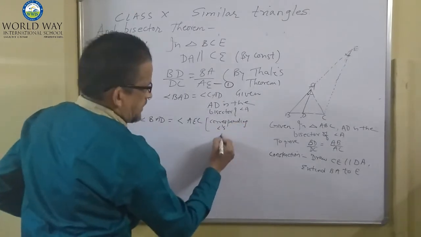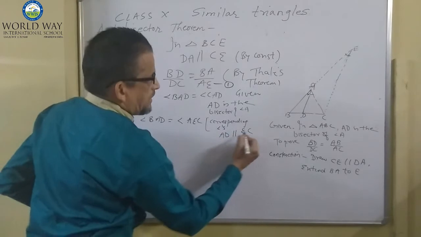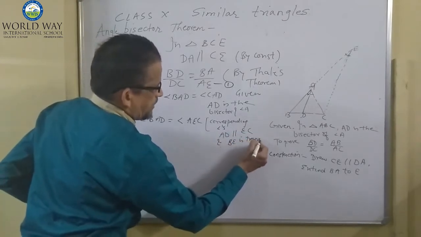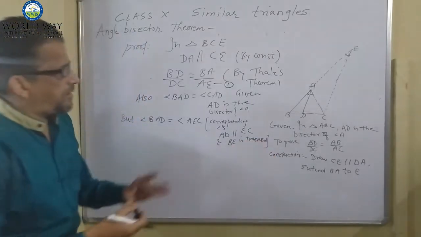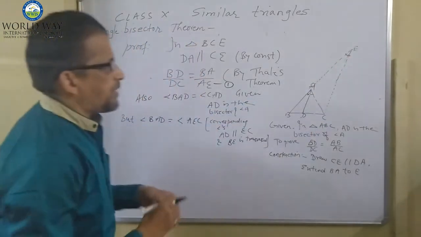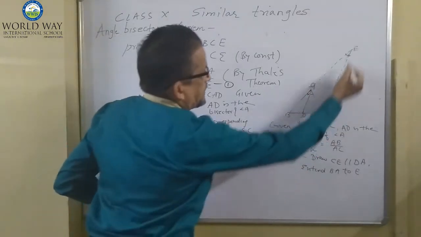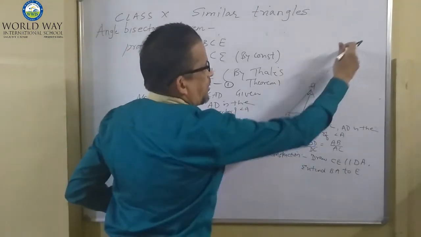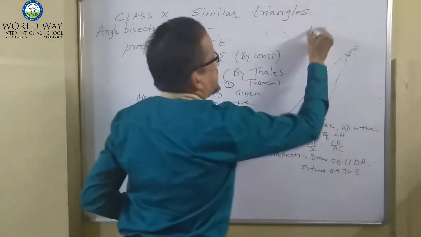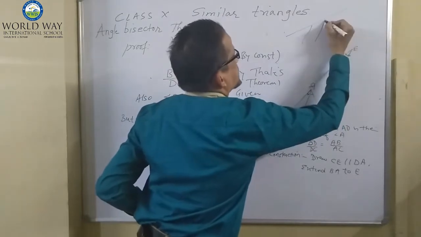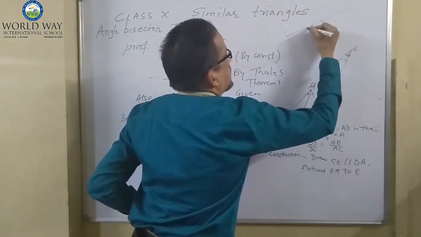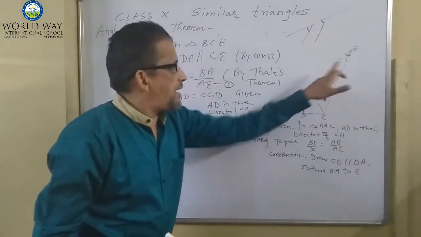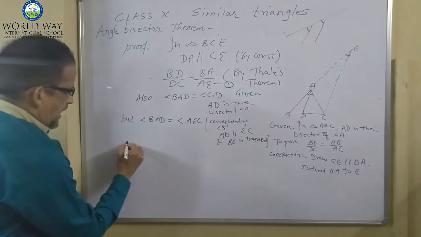Why corresponding angles? AD is parallel to EC and BE is the transversal. Look carefully, I have written it once. These are corresponding angles, because BA and CE are parallel and the transversal is BE. Suppose that these two lines are parallel and this is a transversal. So what are these angles called? These angles are called corresponding angles. So this pair is called corresponding angles. That's why they are equal. And